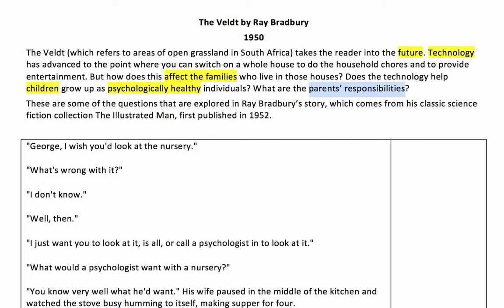So this gives us an idea of what the story is going to be about. It's going to be a story set in the future. They're going to talk about the good and bad effects of technology, and they're going to look at how it affects children and parents. So we can also probably predict that it's going to deal with some children-parent relationship kind of issues, as well as maybe look at the characterization of the children and parents. Okay, so let's begin.